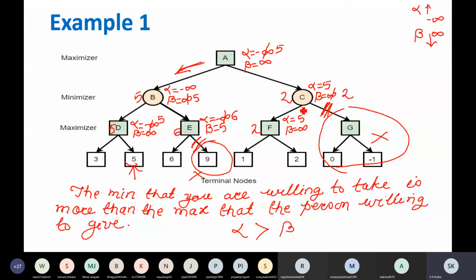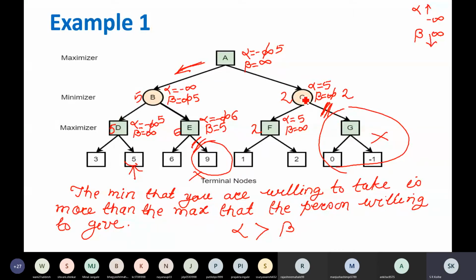When you are at node C, you knew that you are getting 2 from this side, it's a minimizer node. So if you get 2 or less than 2 from this side, then and only then is that useful from C's point of view because it's a minimizer node. Not only that, this minimizer is always connected to the maximizer node. So the maximizer is always going to select the max value.